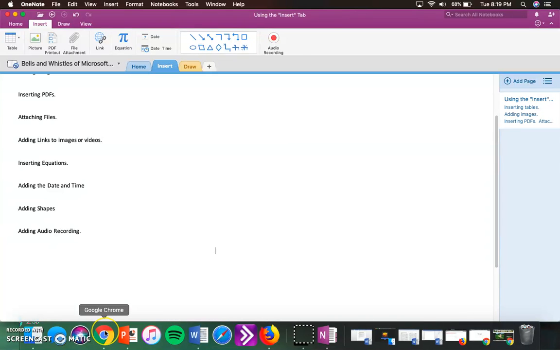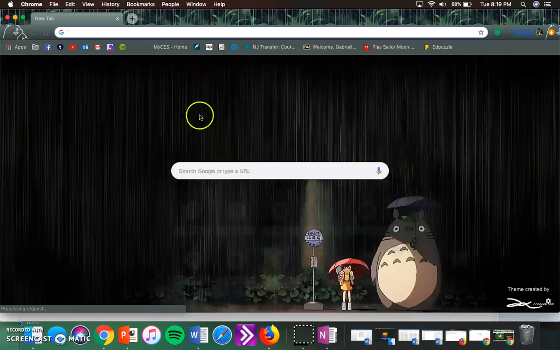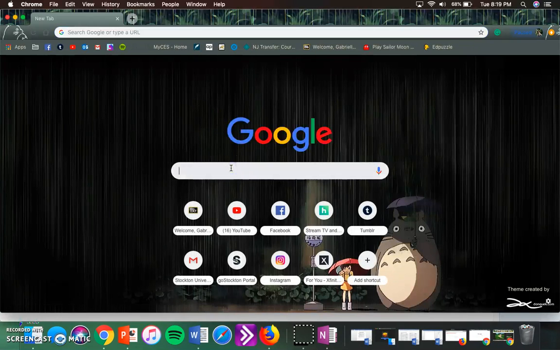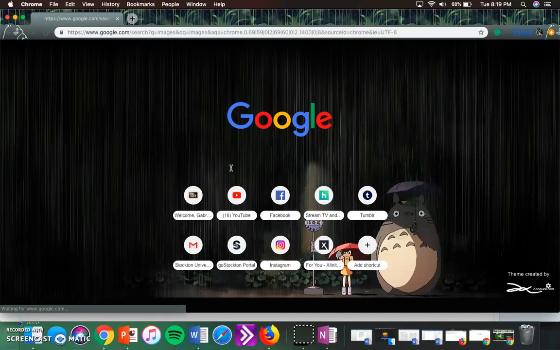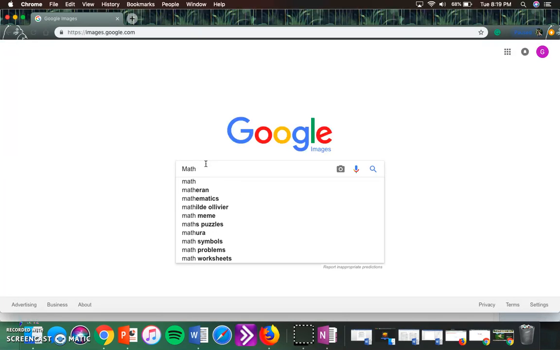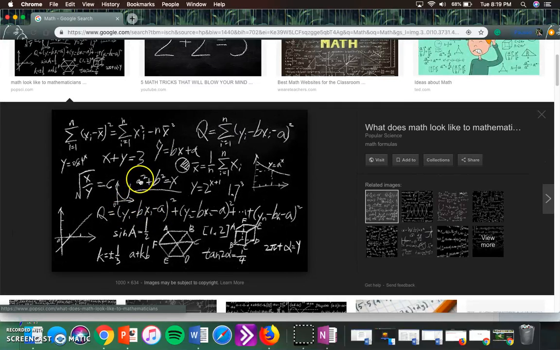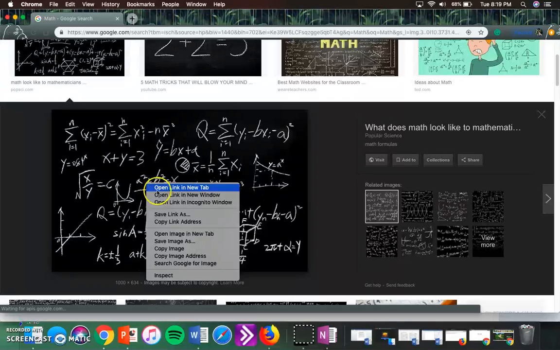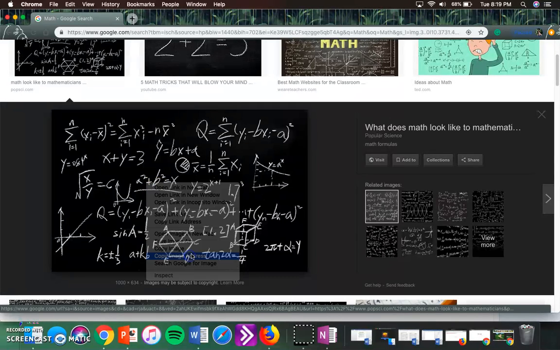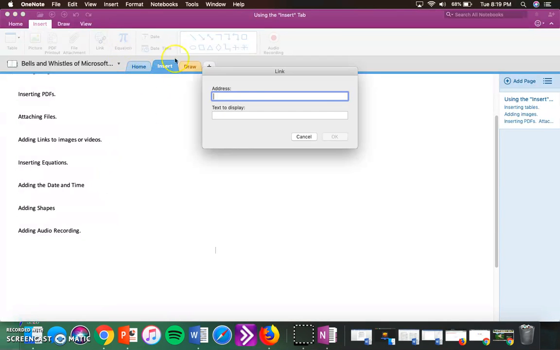To add a link, first we're going to open a new window in your browser. Let's go to Google Images. And let's look up math. I'm going to click on the image once, right-click the image, and I'm going to copy image address. Then I go up here to link, hit paste,